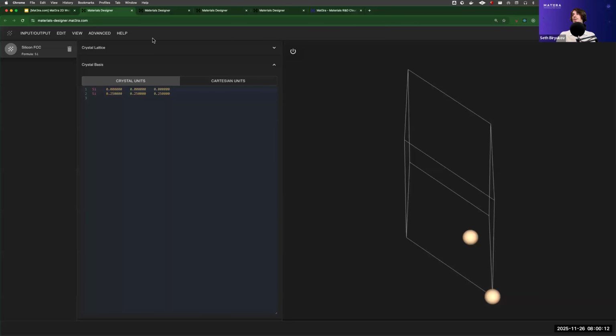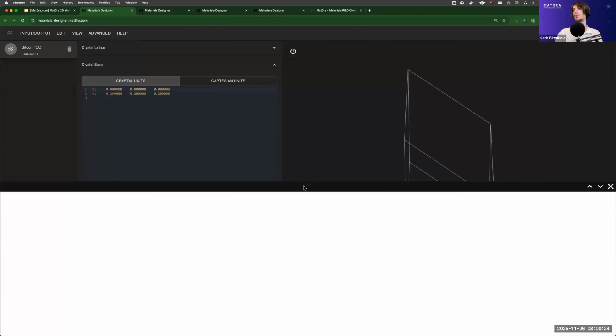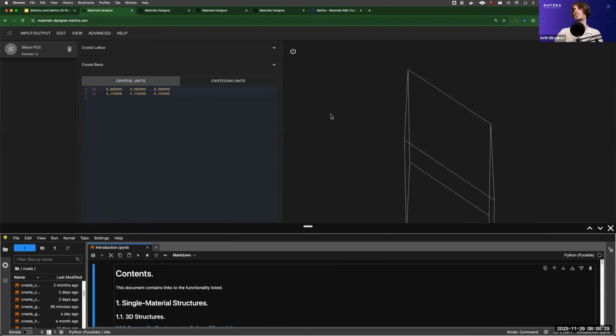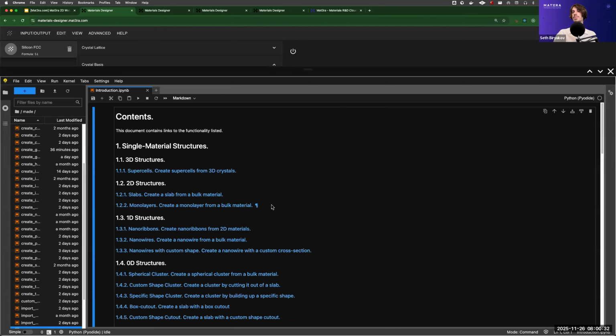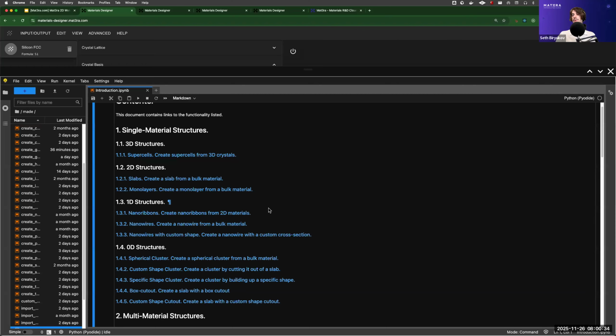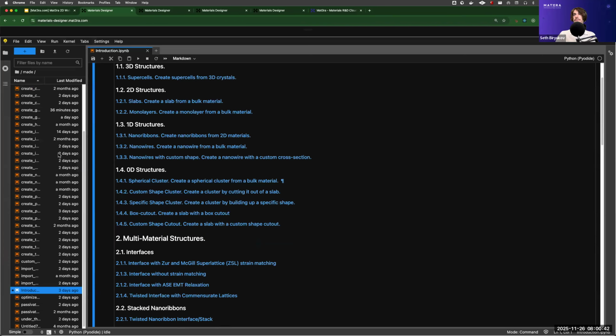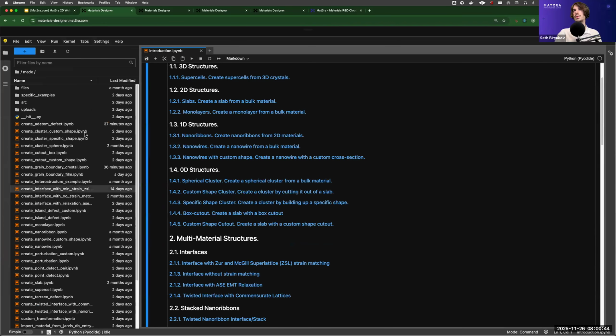And as a result, we'll get the structure. For this one, let's view the other option to open the Jupyter Lite session, which is to go to View and Jupyter Lite session, which will open up the drawer that you can open and close. And it can be easier because it preserves all the progress. You don't need to close it. You can just scroll down and have all of the progress preserved. For this one, we're going to go to the specific examples